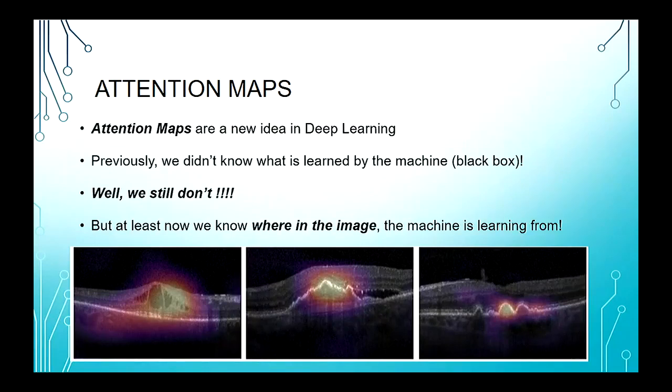So not only can it help the clinician by giving the grade, it can also help them by saying, hey, look here. Something is wrong here. So it can do extra. And I will come back to this a bit later. But I want you to notice that term, attention maps. These are called attention maps. Sometimes they're called activation maps, but I like attention maps. I will come back to this a bit later.